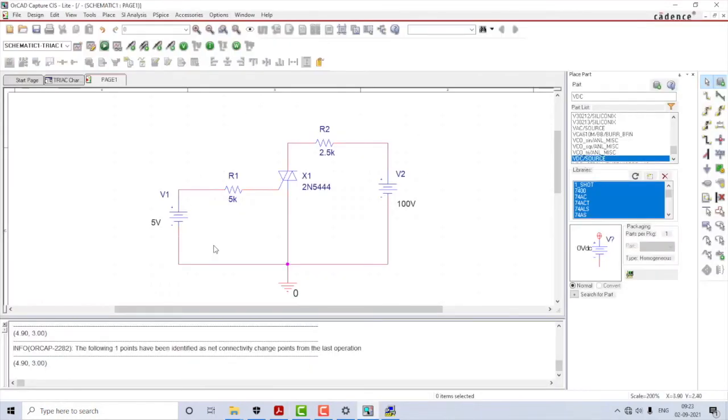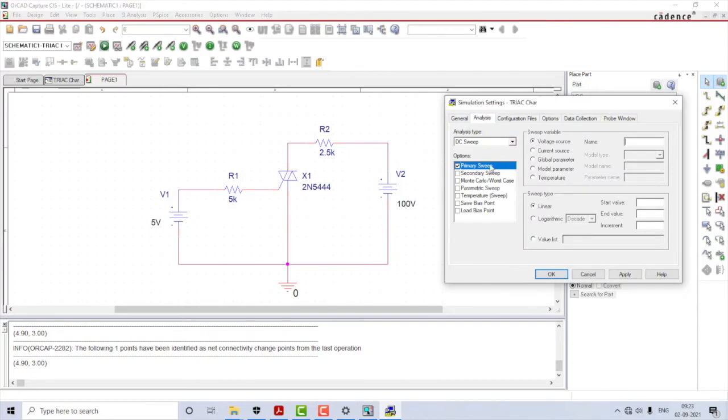Coming back to the circuit, let the gate voltage be fixed at 5 volts, no change in that, but let V2 be varied from 0 till a very large value until the triac starts conducting. So, I am supposed to now vary V2, which will in turn vary the voltage across MT2 and MT1, and whenever the value across the terminals is high enough, the triac will start conducting.